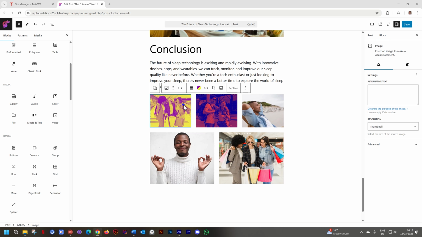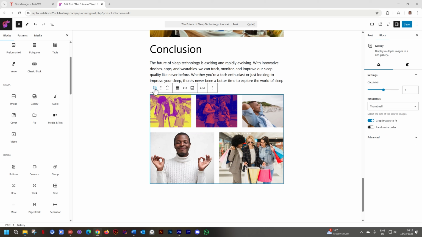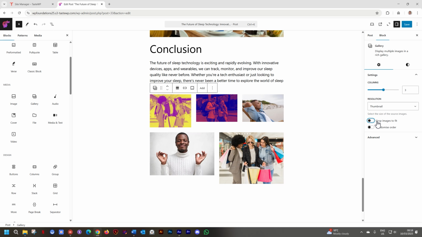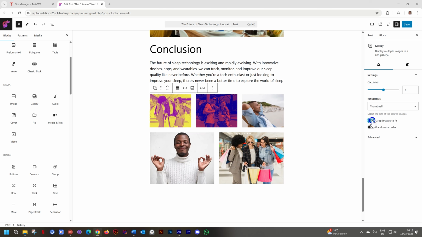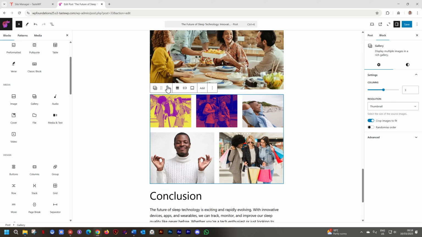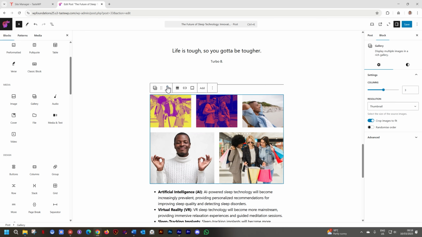But then if you want to work with the entire gallery, you select the parent. And now we are working with these images. And on the side, here in the settings, you'll have this option, crop images to fit. If I uncheck that, you will see now the images come in by the original aspect ratio. This is not a good gallery. So leave this option, crop images to fit, on, and you can create this nice gallery. And you can, again, go up and place it around the site wherever you want it.